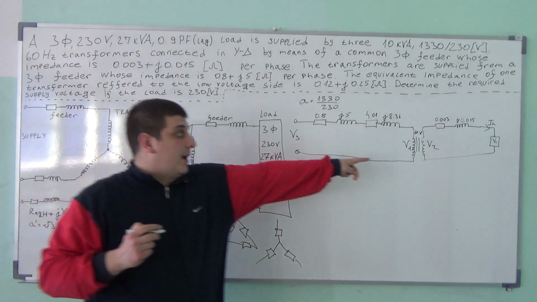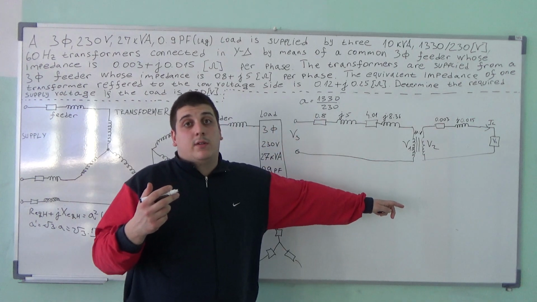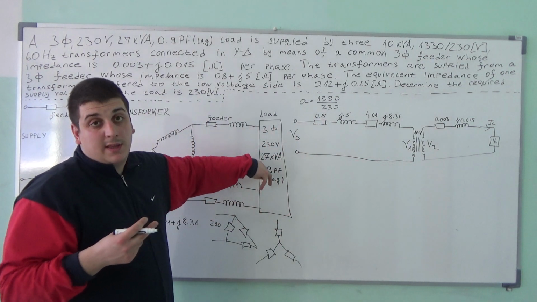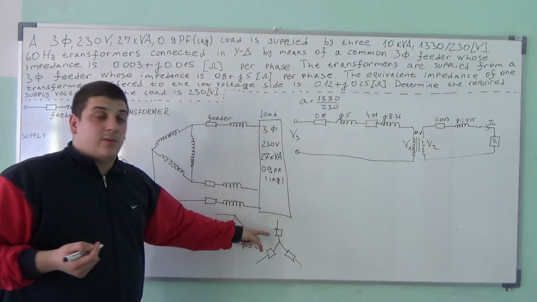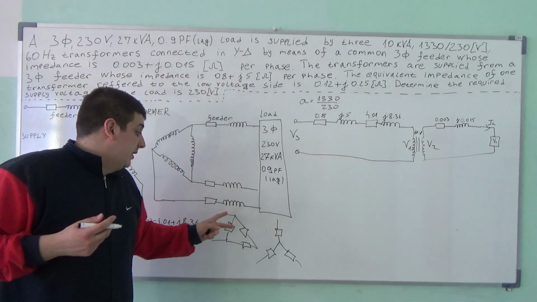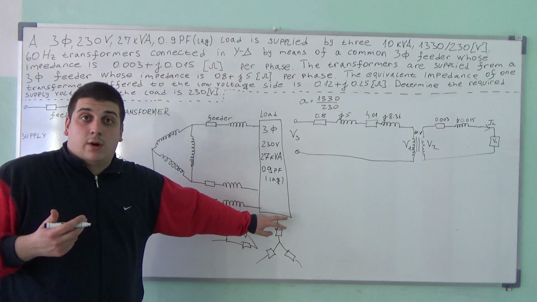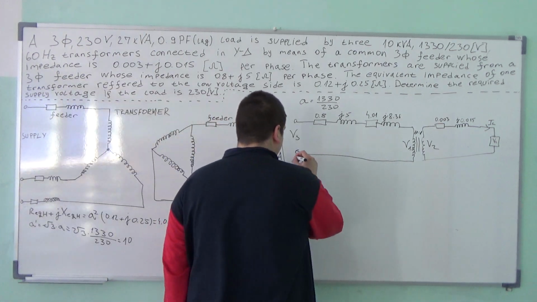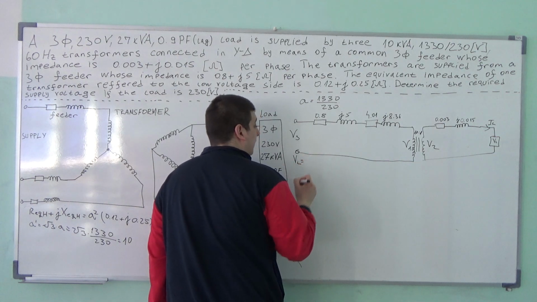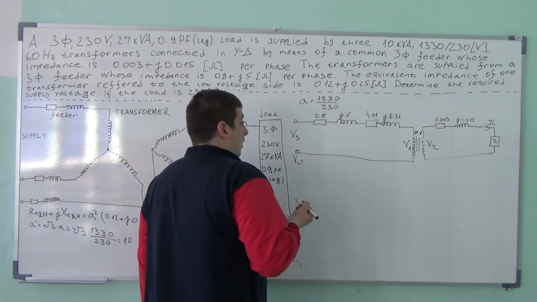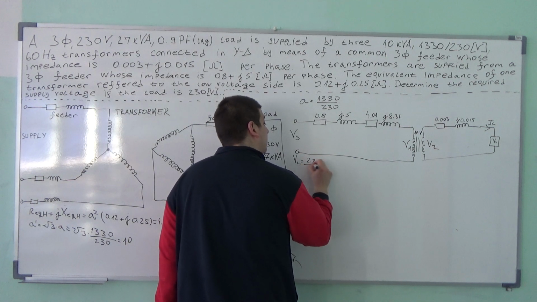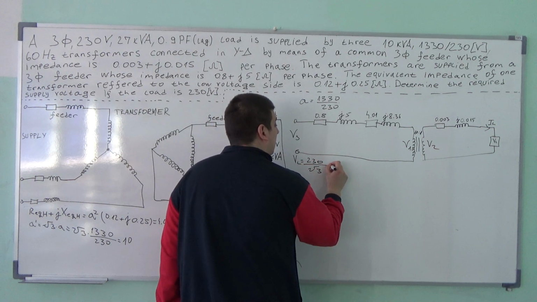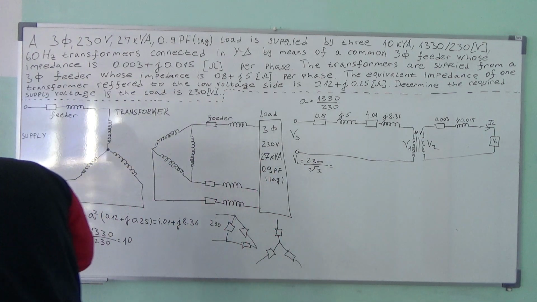So this VL over here is not 230 volts. Because we transfer this from a delta to a Y connection, it becomes 230 divided by square root of 3. So VL is now 230 divided by square root of 3,